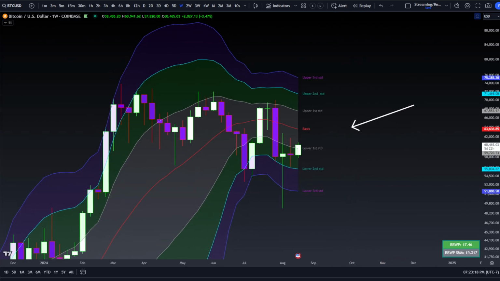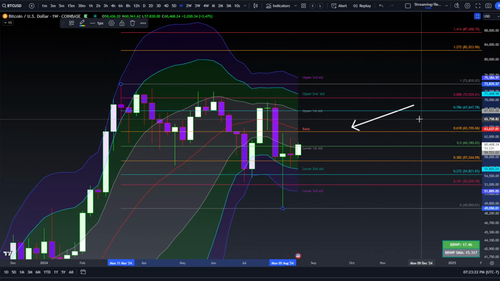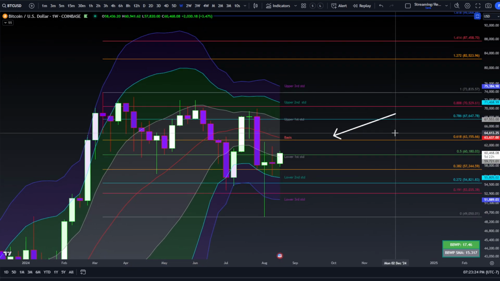It might be worth pulling the local fib structure just to kind of illustrate this. I know I did this prior, but there's both local and longer term fibs that are going to line up with all the areas that I talked about. I'll discuss those throughout the week, especially if we do see Bitcoin starting to break structure to the upside. So basically break the downtrend on the daily, get a trend reversal, and then start getting towards the end